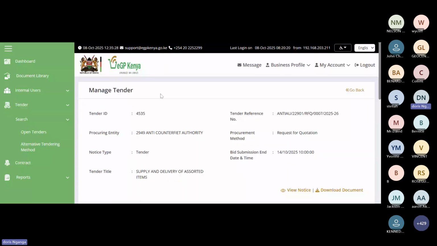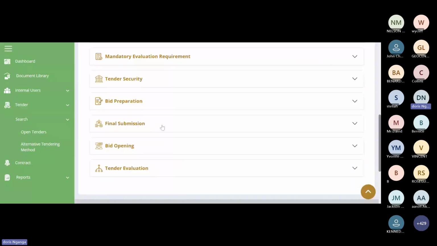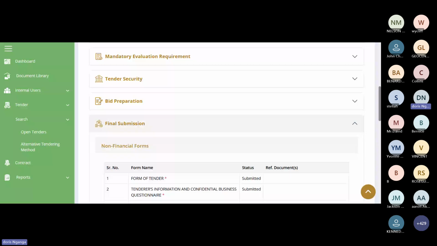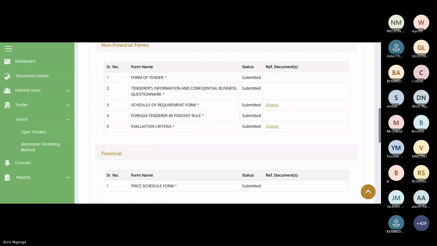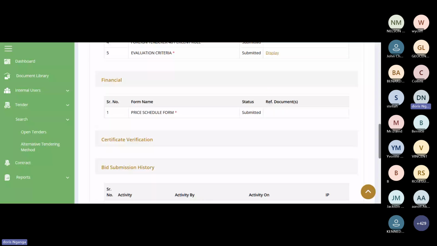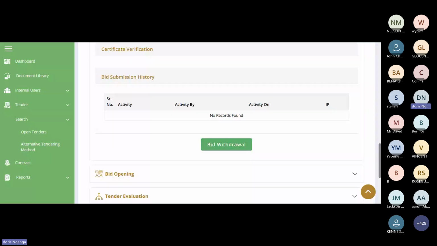Once you have done the bid submission, and maybe you sit on it and you feel you left out a very crucial element, you can come back to final submission and do a bid withdrawal. Once you withdraw your bid, you can work on that bid again. Let's say, for example, I withdraw a bid. You do give a reason.